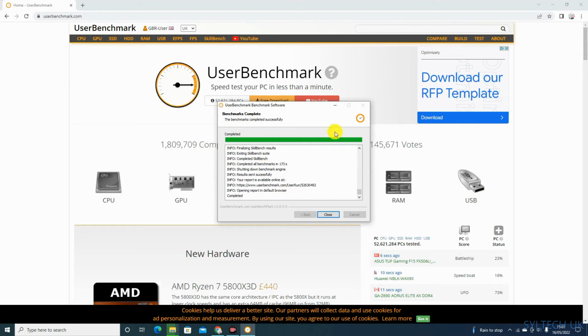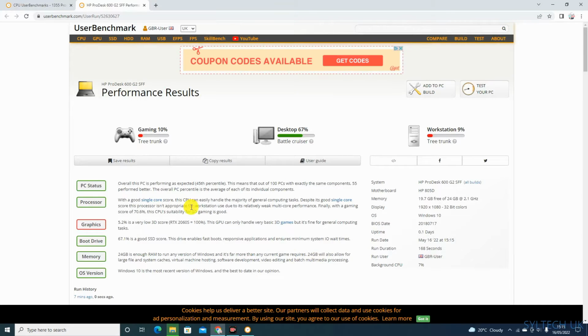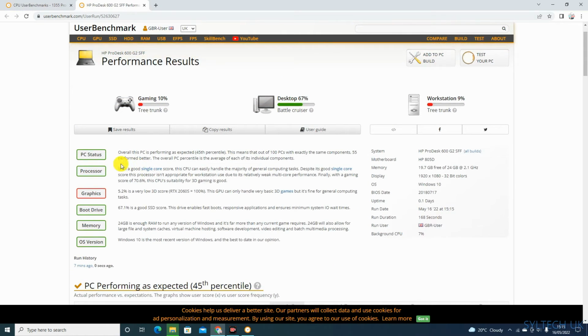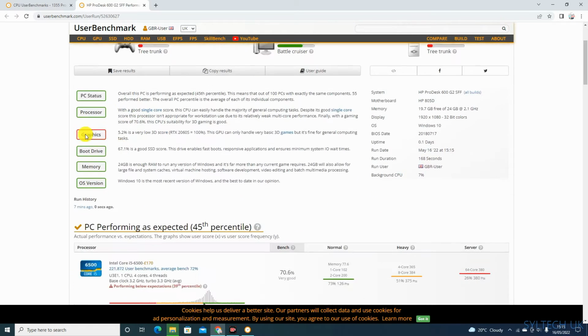So once the process is complete, as you can see from the results here, my PC is not supported for any games. Desktop is pretty cruiser, and workstation is not suitable at all. So first of all, PC status,